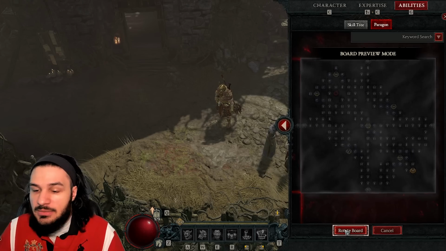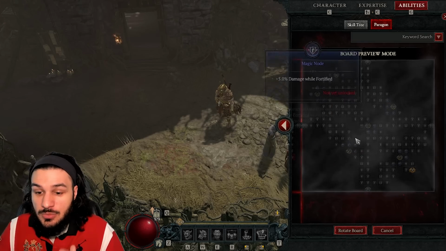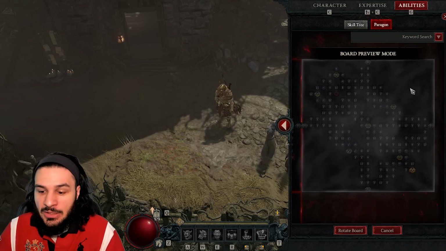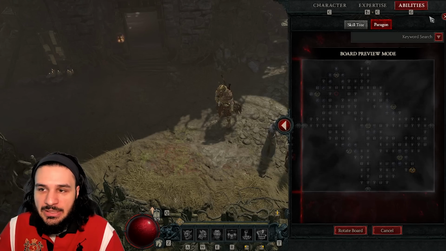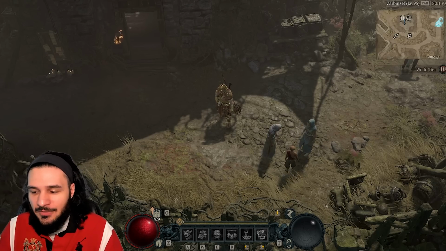This is something that they did not do a good job of explaining. I couldn't figure it out at first. When I first started playing the game and clicked on, I said, what the hell is this? Honestly, what am I looking at? Why would I want to preview a board? I'm just trying to smash things. I'm a barbarian. We smash. So I just wanted to make that really quick point, because that wasn't so user-friendly if I couldn't even